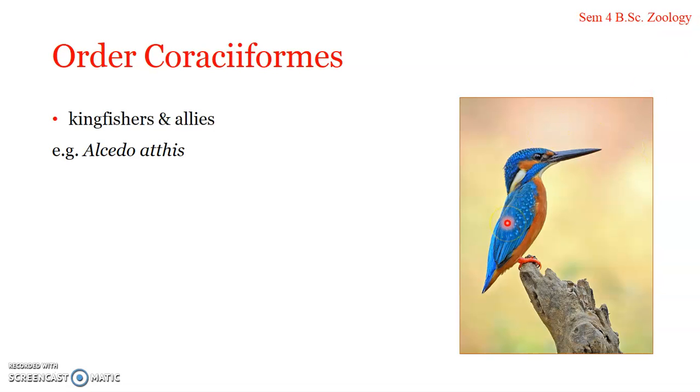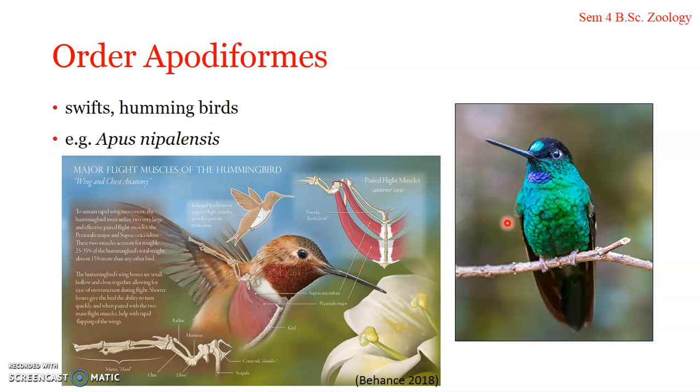Alcedo atthis. Usually the blue kingfishers have blue color somewhere in their body, but there is a kingfisher which is the pied kingfisher, Ceryle rudis. It is white and black in nature, and it is otherwise known as the riverine kingfisher because they are usually found associated with the river ecosystem. Okay, then we have the Apodiformes, which include hummingbirds. Actually,